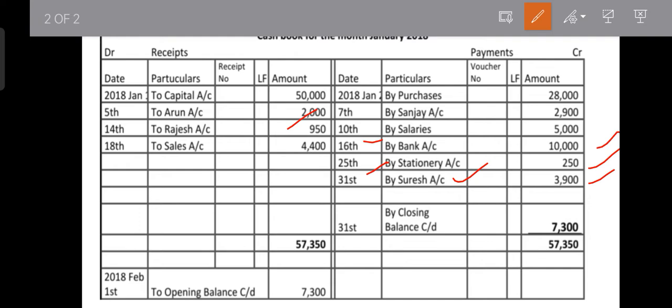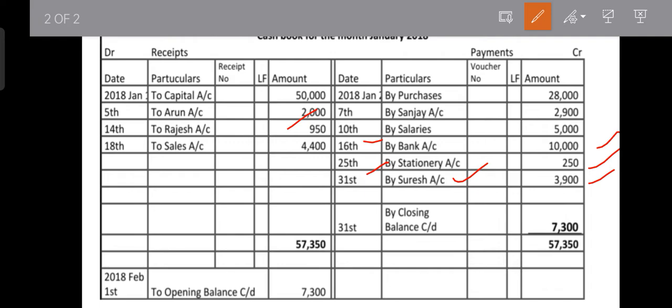Okay, after recording all the transactions, you are going to close this particular book. This cash book may tally. Tally means how much receipts have taken place, the same payments we made. It is not showing any balance. So in our hand there is no cash. If both sides, receipt side and payment side, have the same total, it means we don't have any cash balance in our hand. Okay, but normally it may not happen.